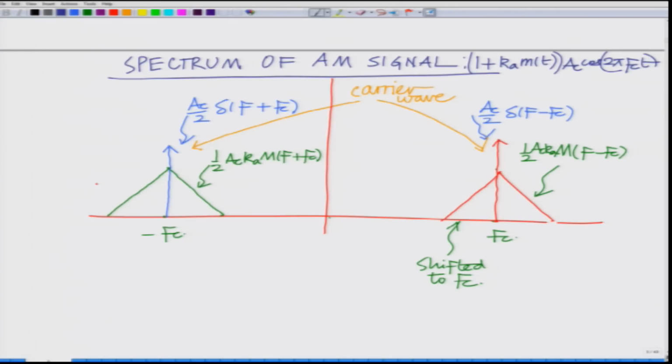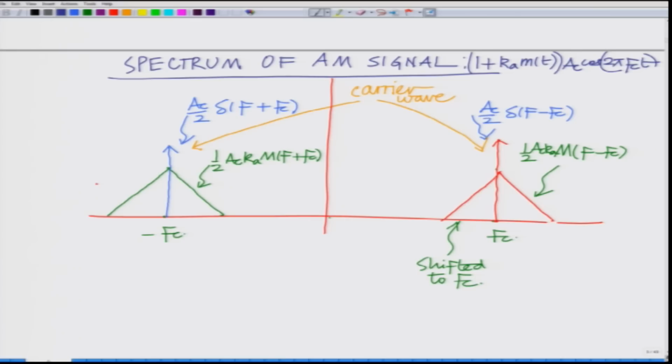All right, look at this. This is symmetric about the origin. It contains two bands, one shifted on the positive frequency side and one on the negative frequency side, corresponding to M(f) shifted to f_c and M(f) shifted to minus f_c. Looking at these bands, we have minus f_c minus f_m, minus f_c plus f_m, f_c minus f_m and f_c plus f_m. The bands between f_c minus f_m to f_c and minus f_c to minus f_c plus f_m,